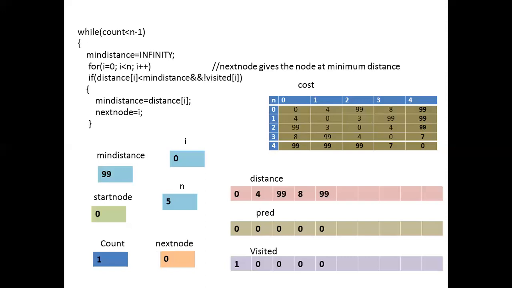So here you can observe there is a condition. Here I am using count less than n minus 1. This is a condition. The statement will be executed till the condition is true. Once the condition becomes false, the controller will come out of the while loop. Now what is the statement I am using inside the while loop? I am using infinity, that is min distance is equals to infinity. Infinity is a preprocessor directive. Infinity will be replaced by 99 during the compilation time. So 99 will be assigned to minimum distance. This is one normal variable. So this minimum distance memory location will be assigned with 99.